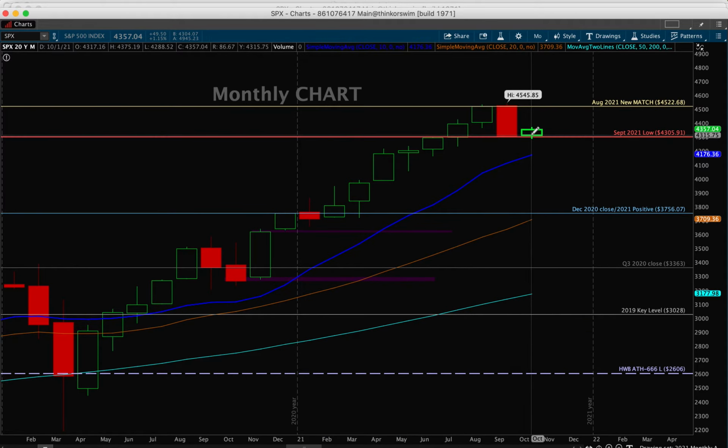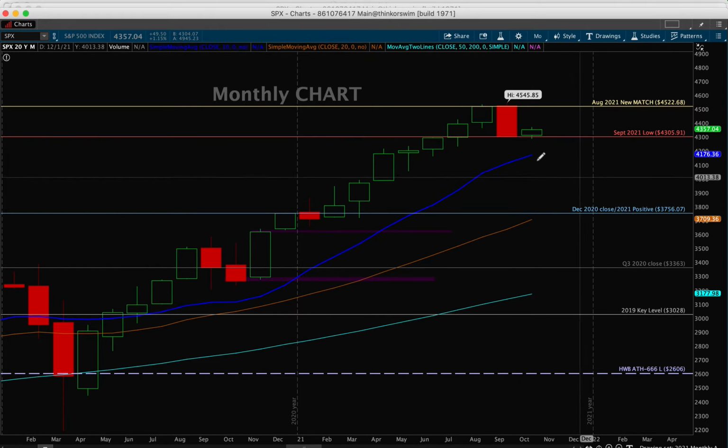The monthly chart, we just started a new month. You can see that once we dip below the September low, that starts putting us in a very bad light. Back in September, you can see that we had quite a bit more selling to go once we broke below the previous month's low. So are we going to have 2 red months in a row for October? Are we going to break down further and get below this September low again? We only dipped our toe below it on Friday and reversed, but it's important to keep an eye on the monthly chart because we are messing around with the previous month's low here.